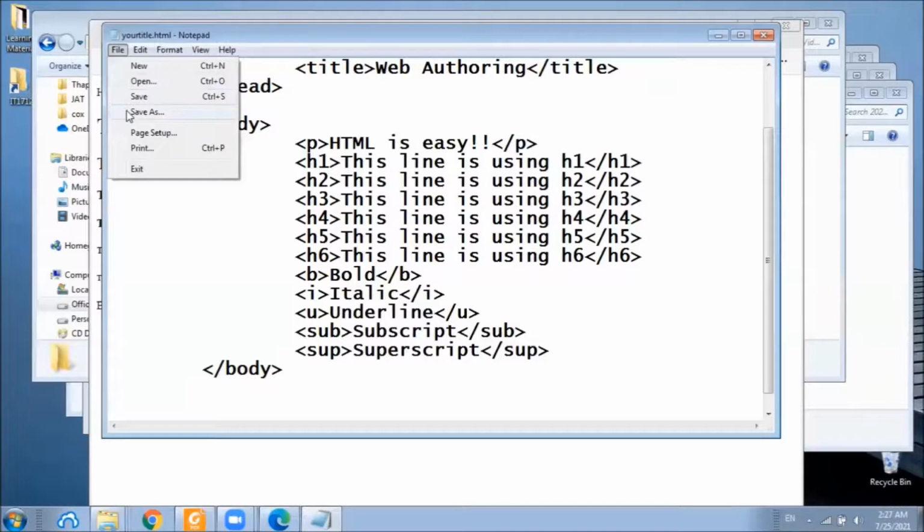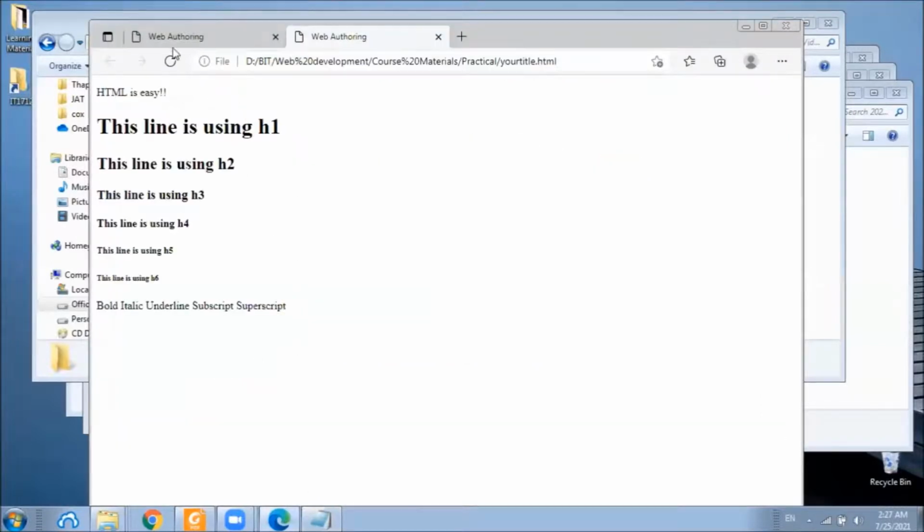Let's save this file and open it and see.